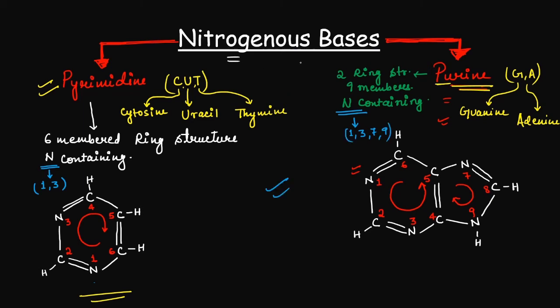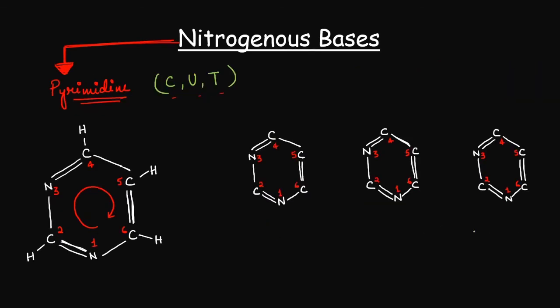Now moving to the nitrogenous bases that have been derived from this parent compound. First we will do pyrimidine. So here I have drawn the skeletal structure of pyrimidine, and now we will learn about the structure of cytosine, uracil and thymine. Now in case of pyrimidine, all the 3 nitrogenous bases have an oxy group on their second carbon. So we will attach an oxy group on the second carbon in all the 3 bases.